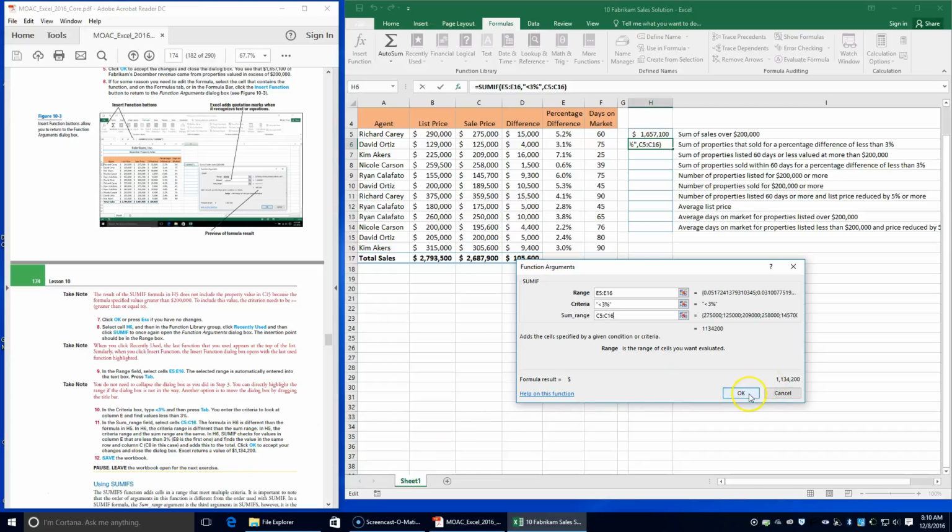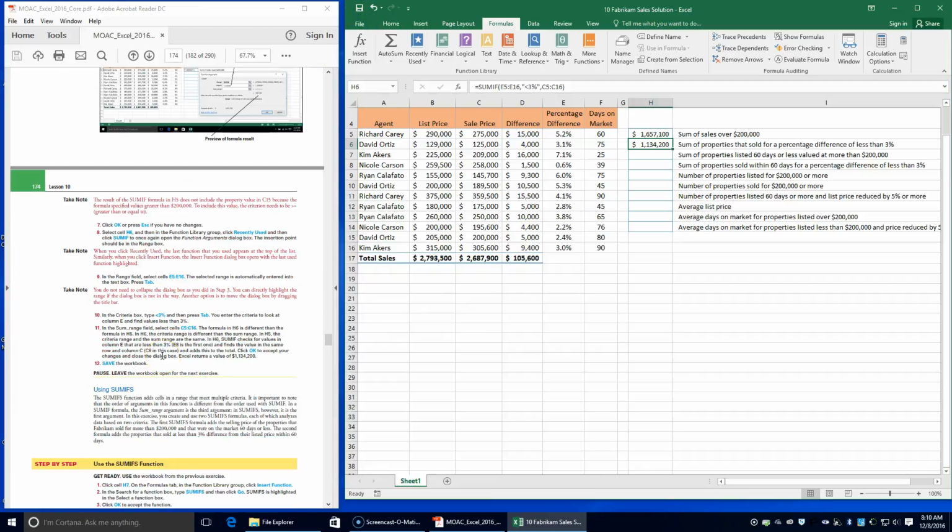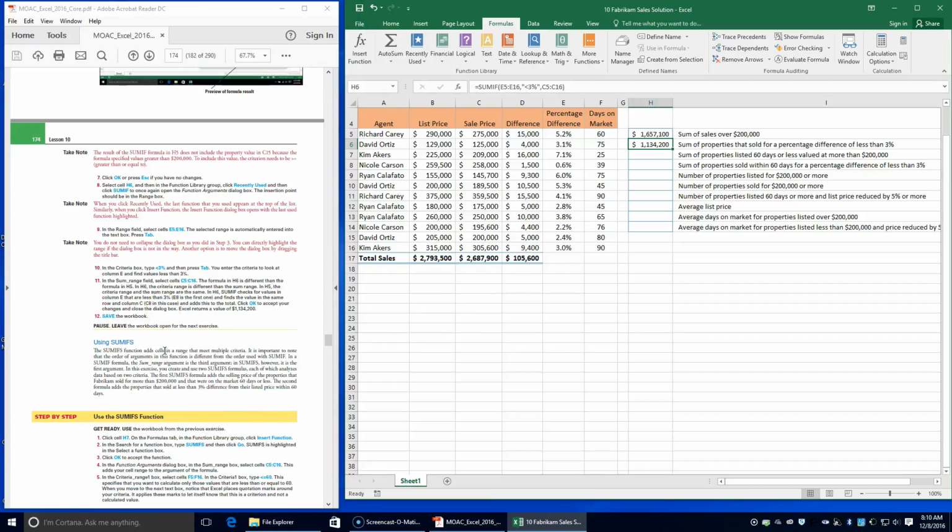Click OK to accept your changes. Okay, and you should have gotten a return of 1,134,200. It says to save your workbook. Okay, and so you use SUMIF for these two